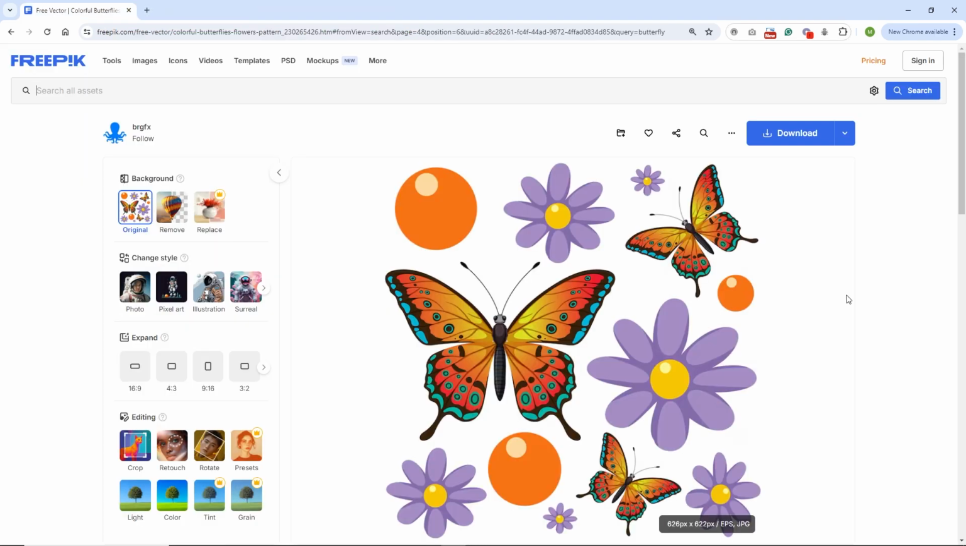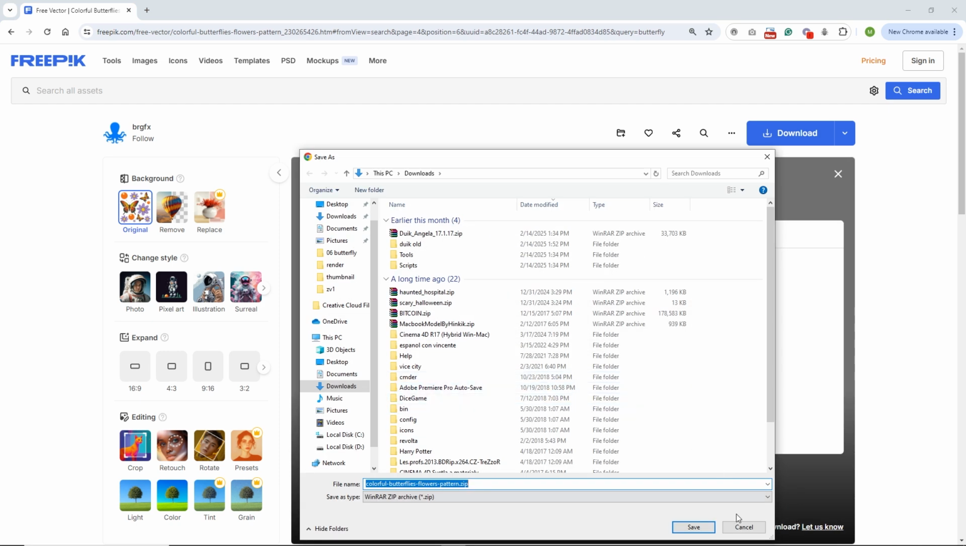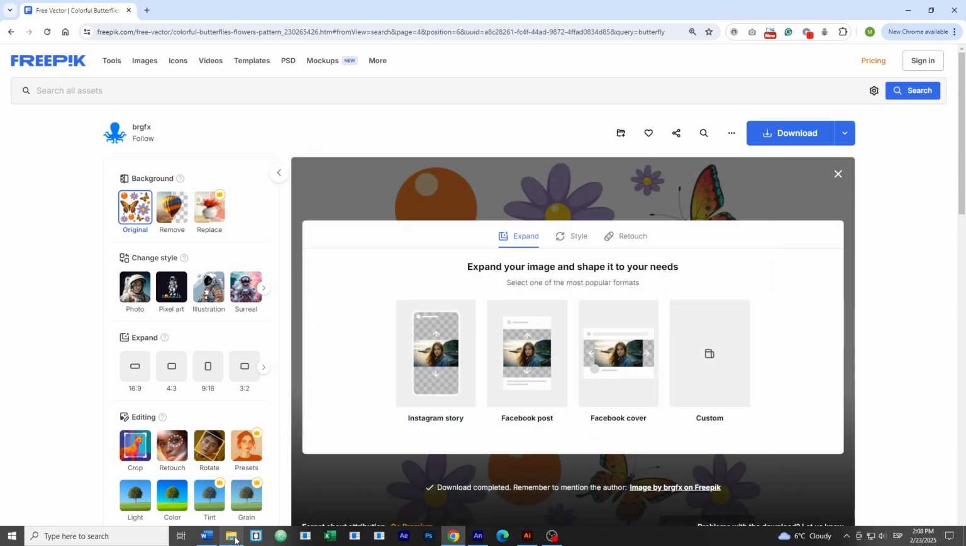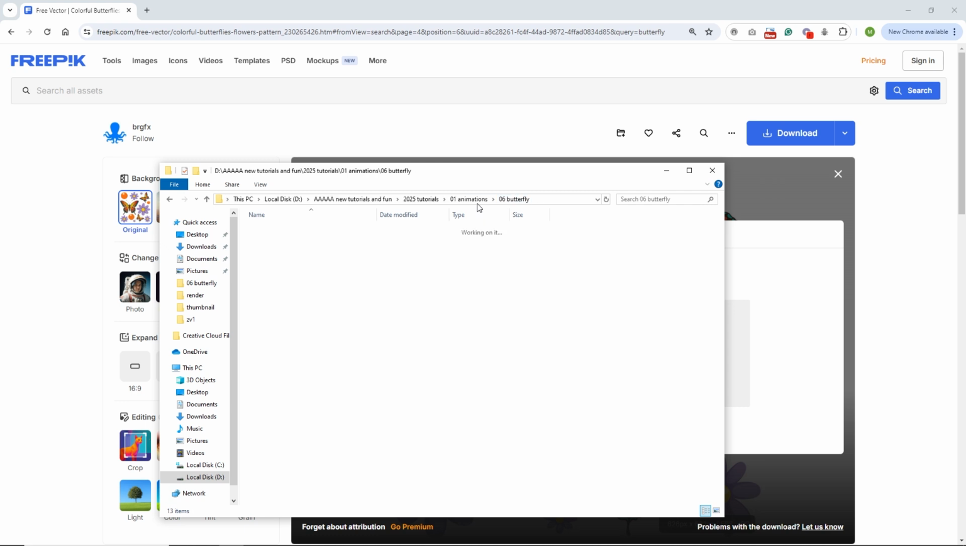Alright, so right now I am on the site Freepik and I am going to put the link in the description, and I am also going to provide you the Illustrator file that I am going to create very quickly right now, so you can download my file if you want. But you need to click download, then go with free download and save this. I will hit cancel because I already saved this, and I will go to the place where I have this,